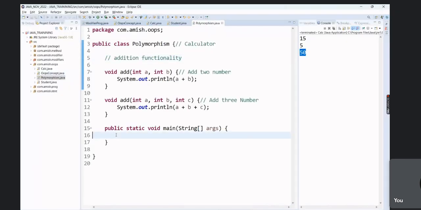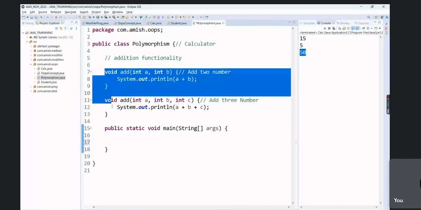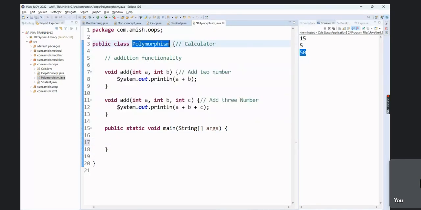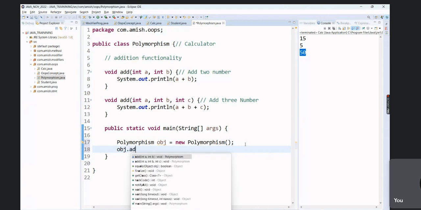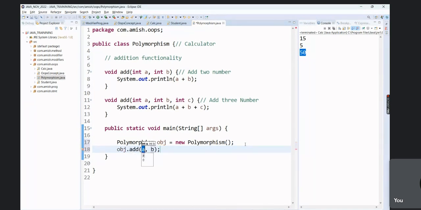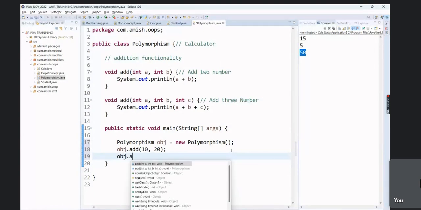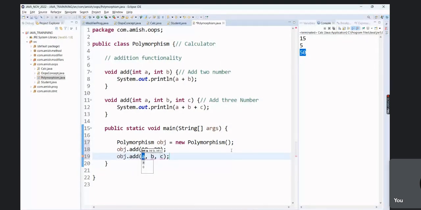Or let me show you one thing. So here we have just created these two methods, right? Now how to use that method? This one is a non-static method, so we'll create an object equal to new this one, obj. So we have created an object of our class. Now how to call add? We have created the add method, so obj dot add. Now here I am passing 10 and then 20. Got it? Now obj dot add, now I am passing 10,